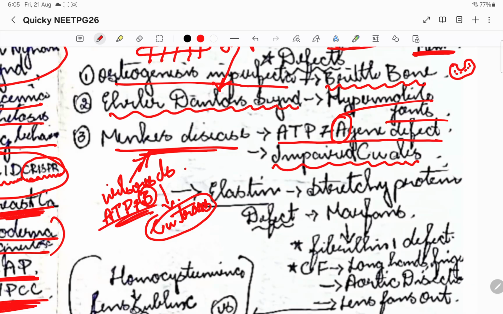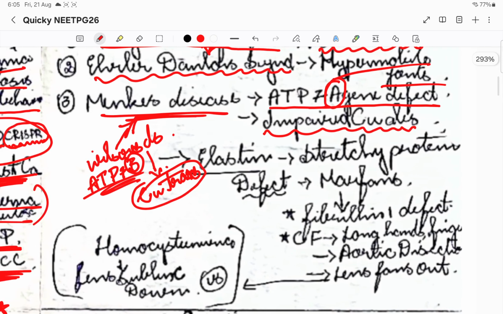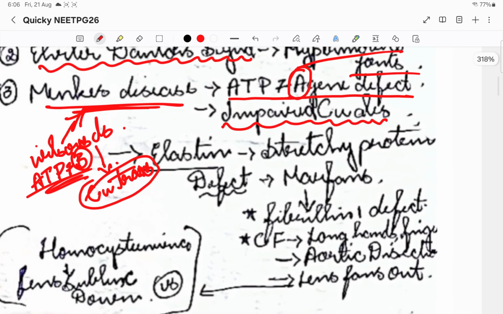Okay, that's it. Please do not confuse between Menkes disease and Wilson's disease. Just wait for a second, think about whether it is Menkes disease or Wilson's disease that they are talking about. We'll discuss Wilson's disease in the later chapters. Okay, then